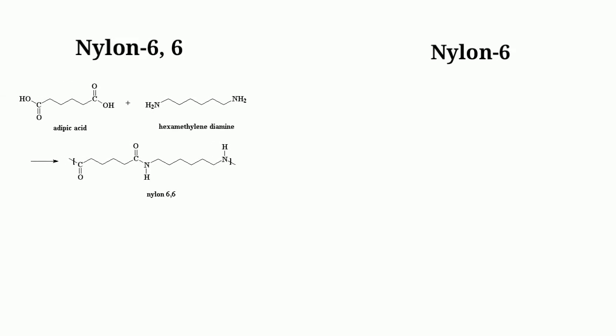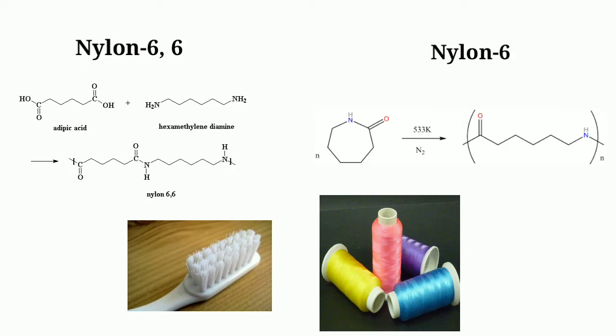Nylon 66 and nylon 6 are polyamide polymers because they have an amide linkage in them, that is the CONH linkage. Nylon 66 is prepared by using hexamethylene diamine and adipic acid as monomers, and epsilon caprolactam is the monomer of nylon 6. These nylons have high tensile strength. They take up bright colors and they look beautiful. They are used to prepare brushes, scrubbers, saris, ropes, fishing nets and many more.